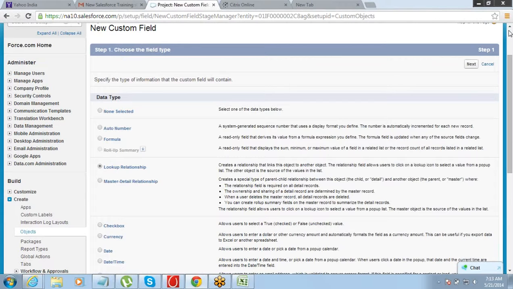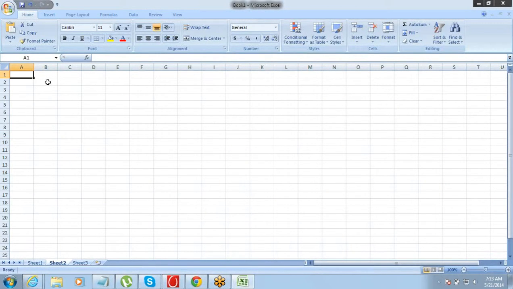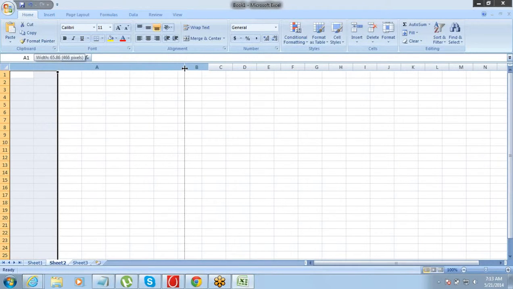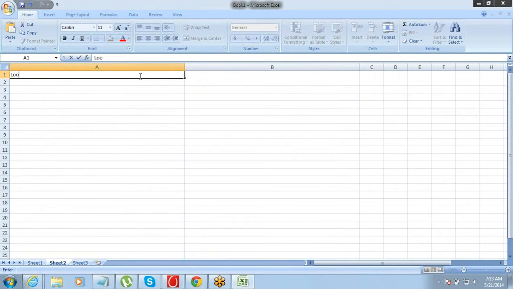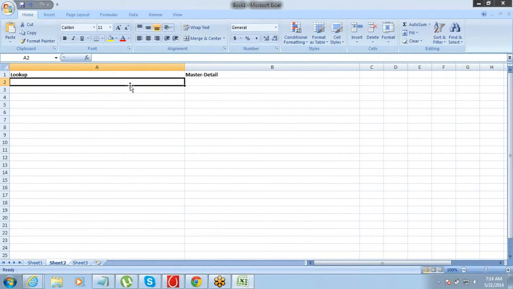To decide that, we have to understand the difference between these two. So let me give you the difference between lookup and master detail. Let's understand what the differences are. In lookup relationship, relationship